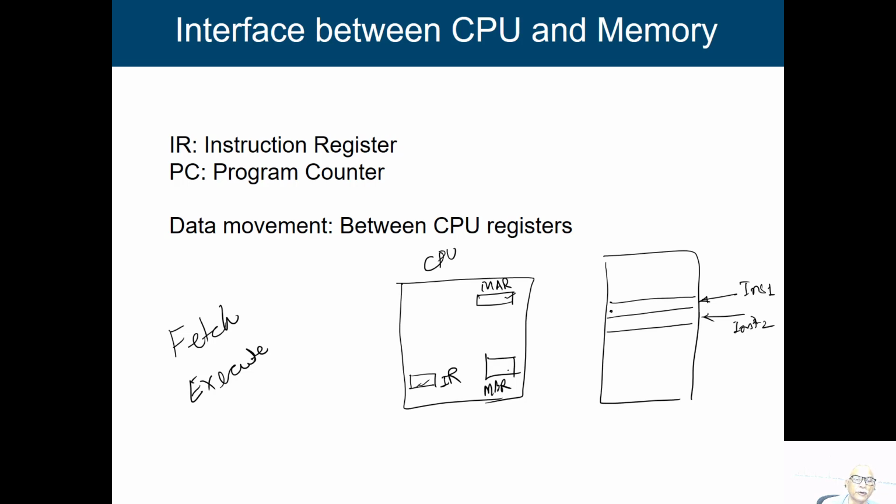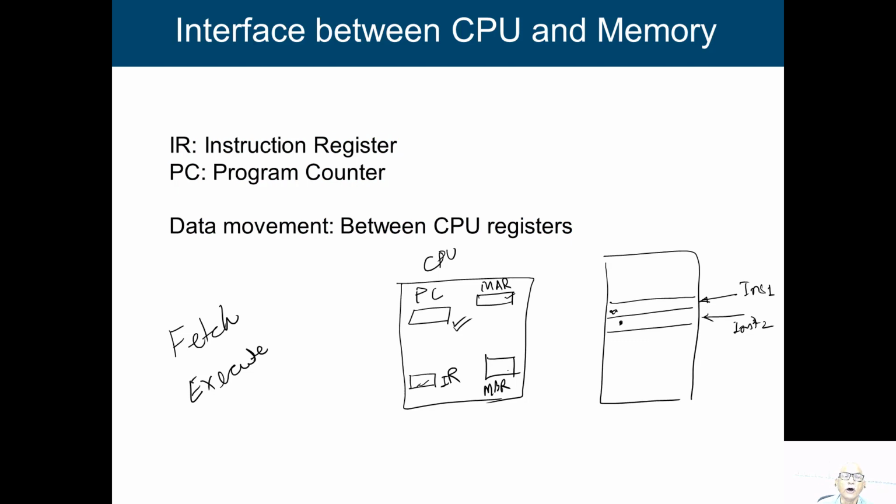It is nothing but a combination of zeros and ones, or the voltage levels high and low. So, we are going to decode this information and accordingly execute that particular instruction. This is the purpose of the instruction register. What is the purpose of this other register, PC? It is called the program counter.